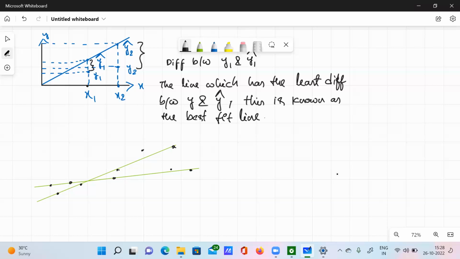Okay. So what you will do is you will just calculate the error for all the points of the line, and you will sum up all the errors of the points of the line, and then the sum of all the errors should be least. So I'll give you an example. Okay, so for example, if you can look here,